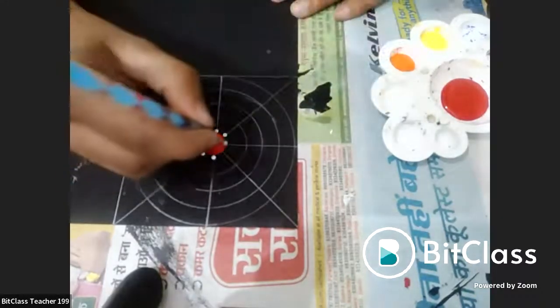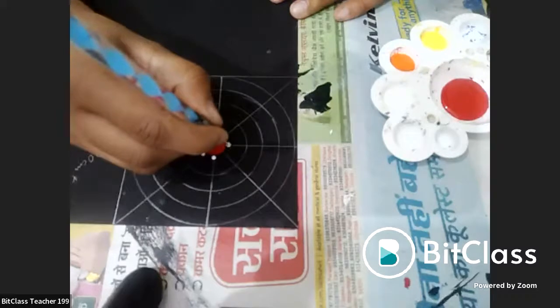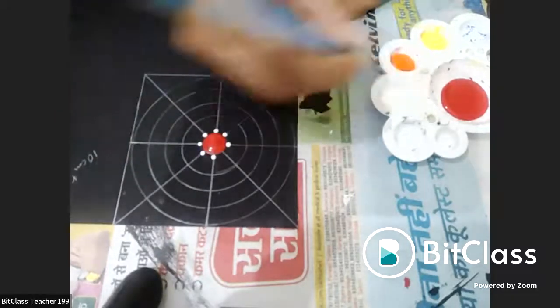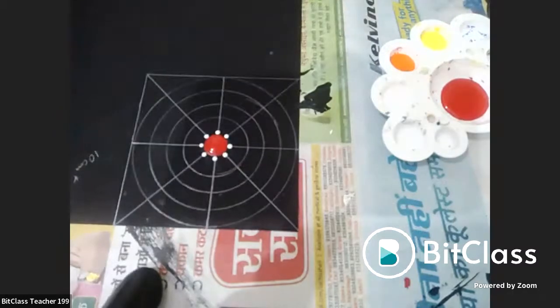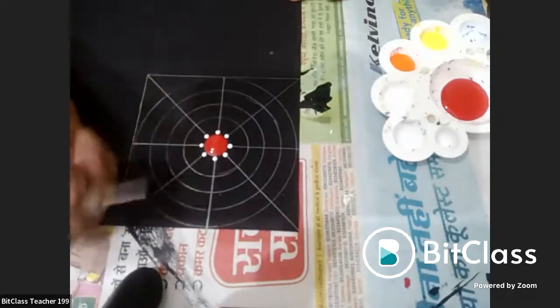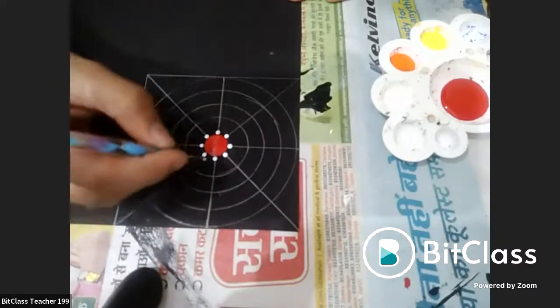Go very slowly. You need not be hurried. Okay, this is the way you place the dots. Now what we are going to do, using the same tool, we are going to place